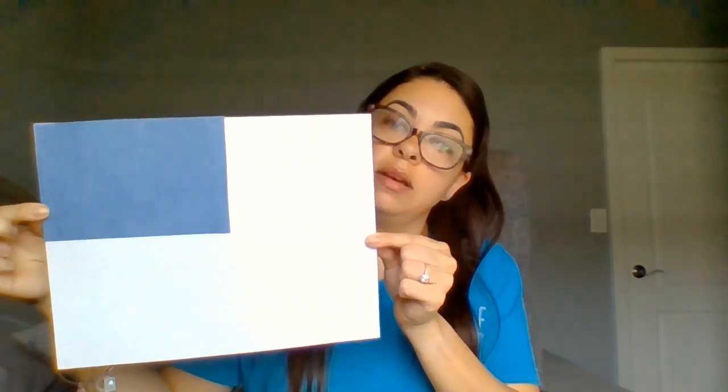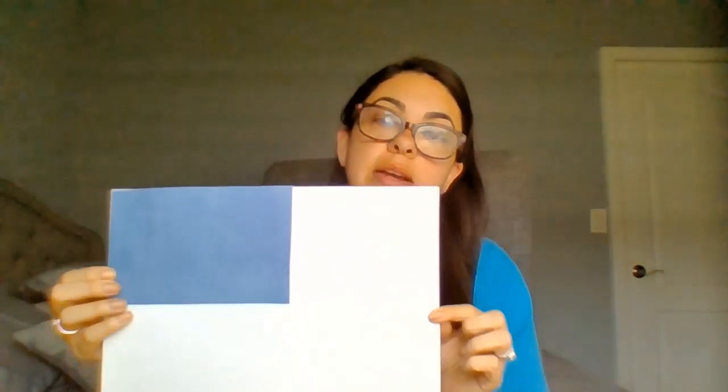So I put some glue in the back of this, and I'm gonna glue it on the left corner. I'm gonna make sure it's aligned, and I'm gonna press down. So here is the first step in creating our flag. Go ahead and cut out your little rectangle, glue it on, and then we'll meet right back here for our stripes.